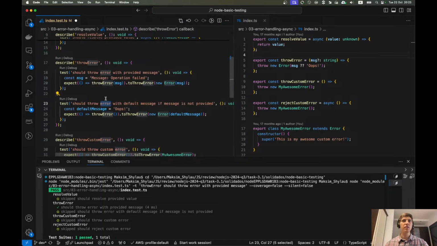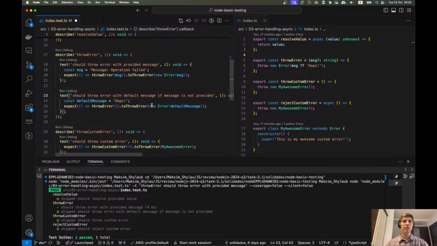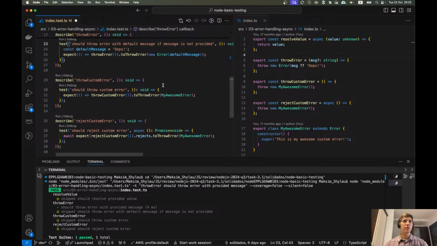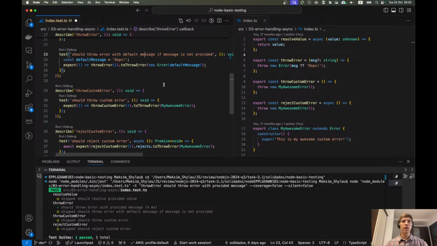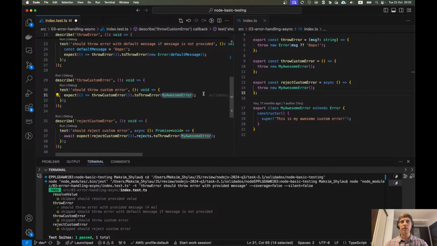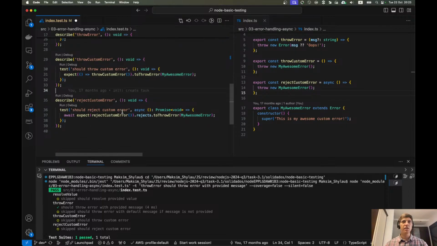We also check that in case we don't provide a message, it throws an error with the default message. From my point of view, it's better to assert for a specific message. Okay, toThrow error, my awesome error. Okay, yes. Reject custom error. Await expect rejects toThrow error. Okay, this is the correct syntax